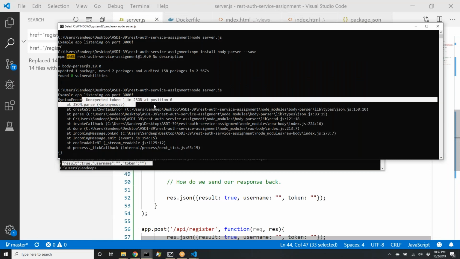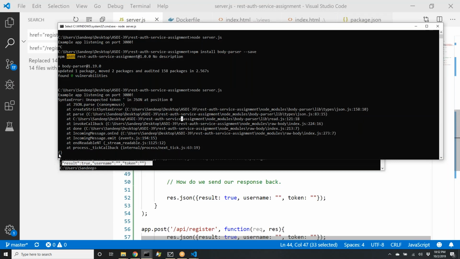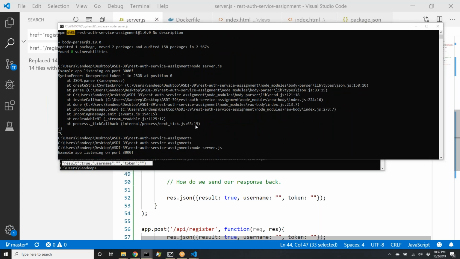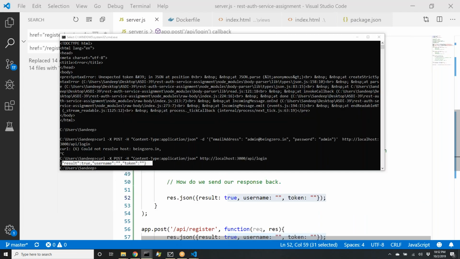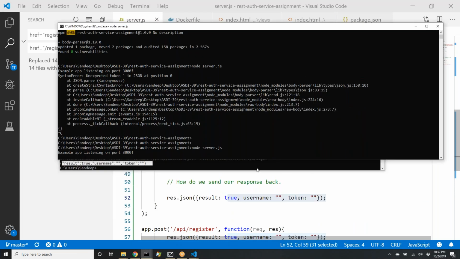In server, we hit some error earlier. Here request.body is printing empty because right now we did not send any data, but we are able to land up there. Let me run the server again. So our API is landing up here, printing blank data and then sending the response back. So once again, if I go here and try,